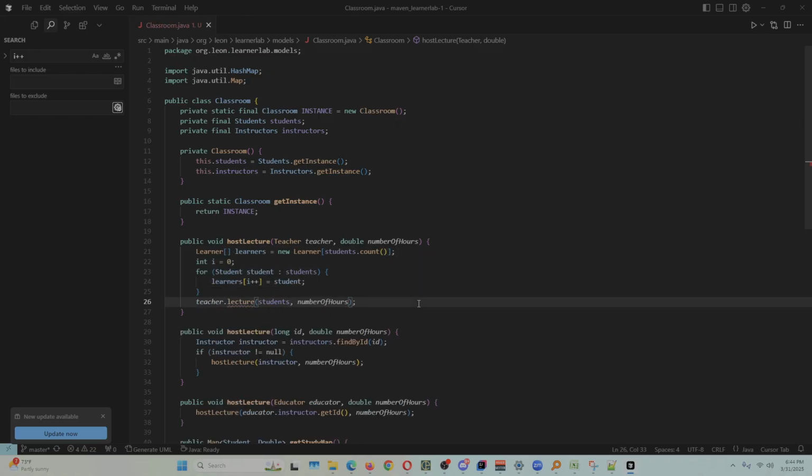I guess I'm very disappointed because this is the type of context that it's supposed to specialize in. It's supposed to know things like, hey, the students has a to array method. But instead, it said, oh, I'm going to leverage the students count method so I can create an array of learners so I can iterate through all the students, populate the array, and then pass the array to the method. I just think that's kind of crazy. But